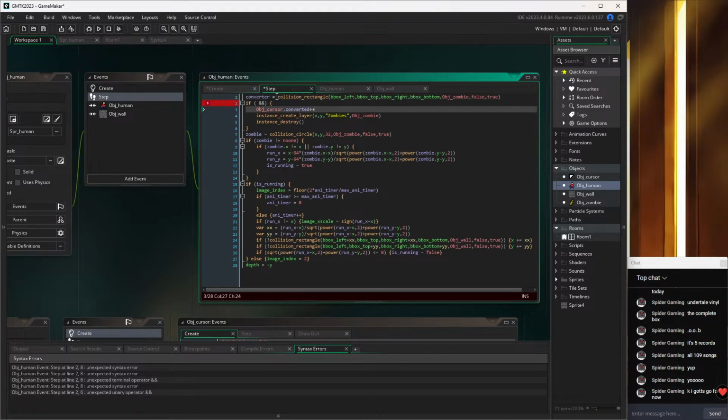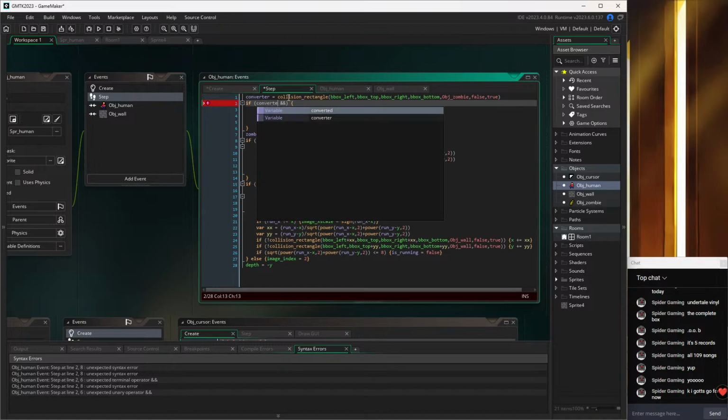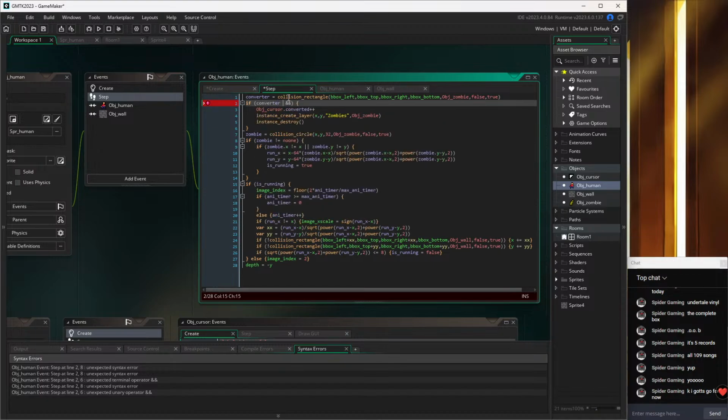Oh, yeah, we can have this converter thing. This can make them stagger it out. So converter. So if converter is not no one,